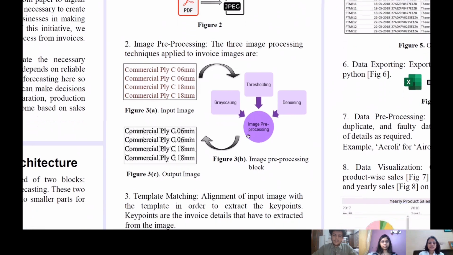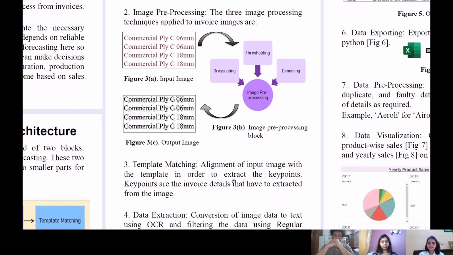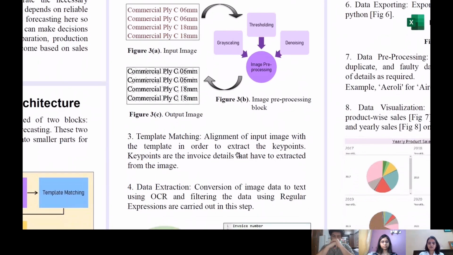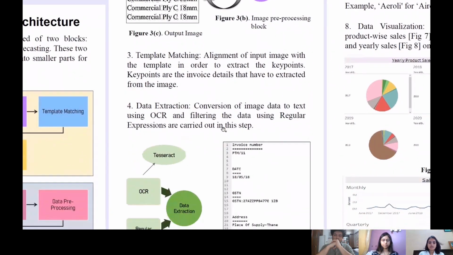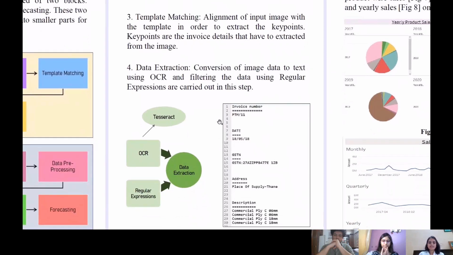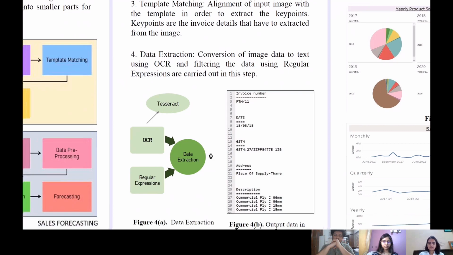minimal noise. The output of this step is then given to the template matching block, which extracts the key points from the image by matching it with a template image. The output of the template matching step is then our images representing the regions of interest. This is then followed by the data extraction block, which comprises of OCR for text extraction from image. The data from the OCR might contain errors, and hence we use rejects,